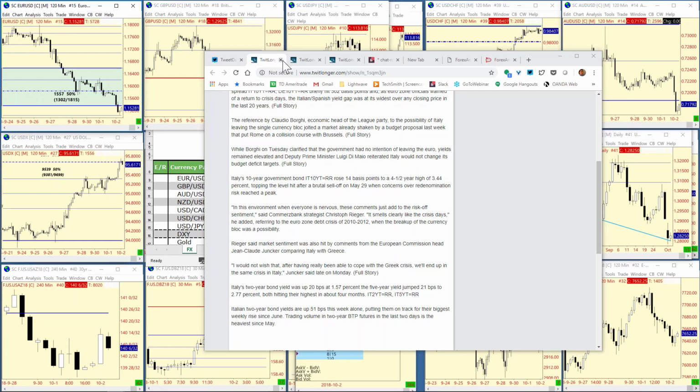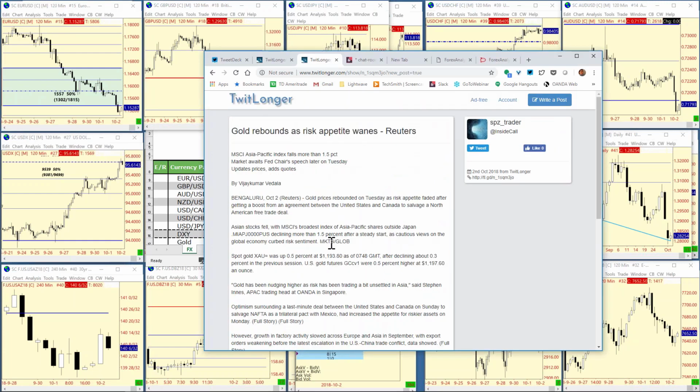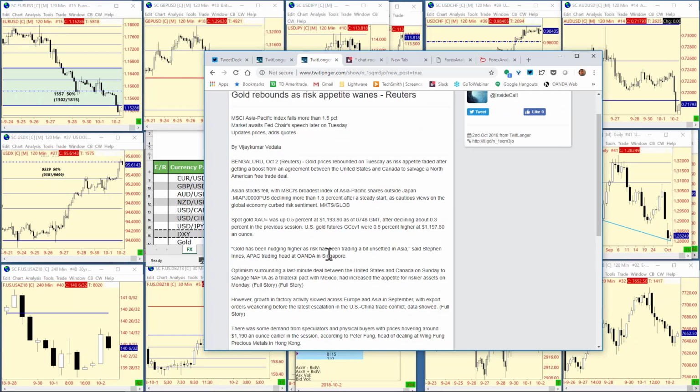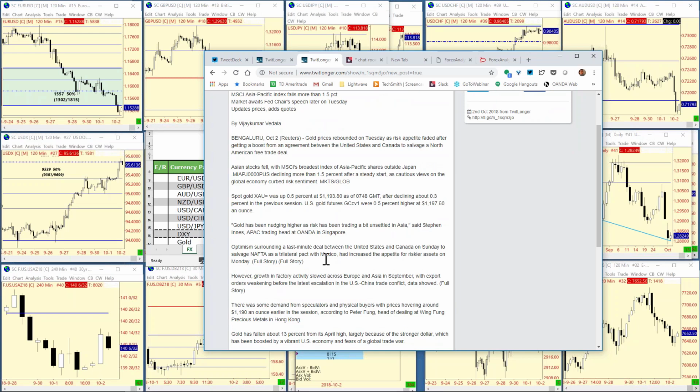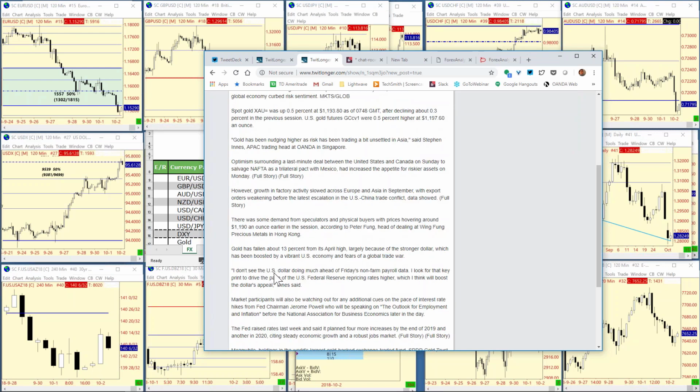And let's finish up with gold. It says gold rebounds. Gold has been nudging higher as risk has been trading a bit unsettled in Asia, said Stephen Innes. Optimism surrounding a last-minute deal between the U.S. and Canada on Sunday to salvage NAFTA had increased the appetite for riskier assets. Gold has fallen about 13% from its April high, largely because of the stronger dollar, which has been boosted by